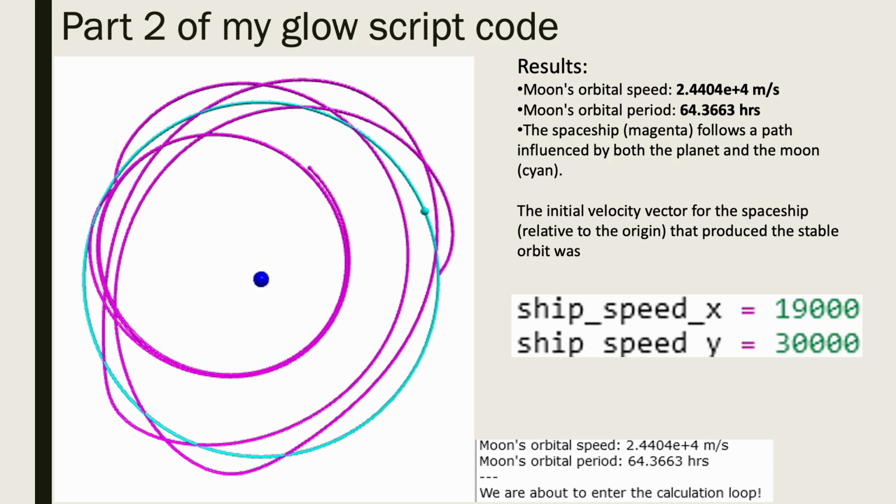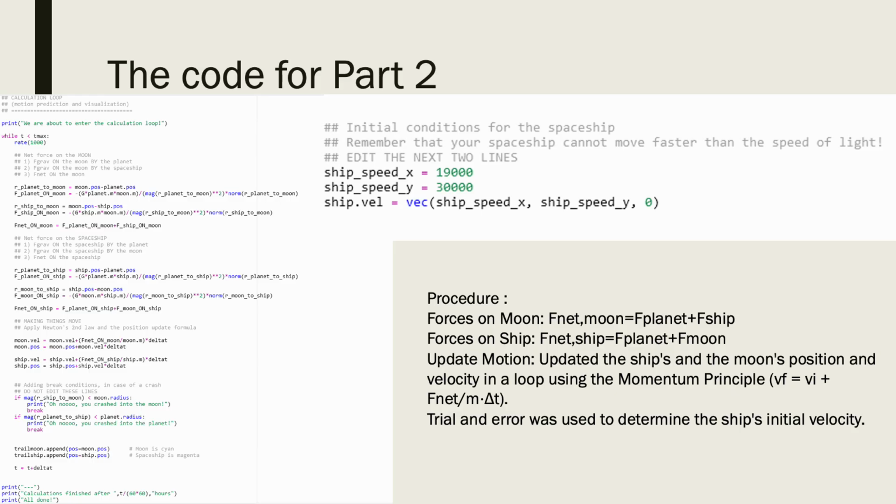So this was part 2 of my GlowScript code. In part 2, the code modeled gravitational interactions between the planet, moon, and spaceship. The net force on each object combined contributions from the two other bodies. Motion was updated step by step using the momentum principle, and through trial and error, we found an initial spaceship velocity of about 19,000 meters per second in the x direction and 30,000 meters per second in the y direction, which produced a